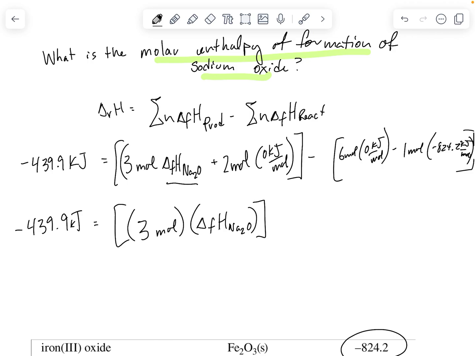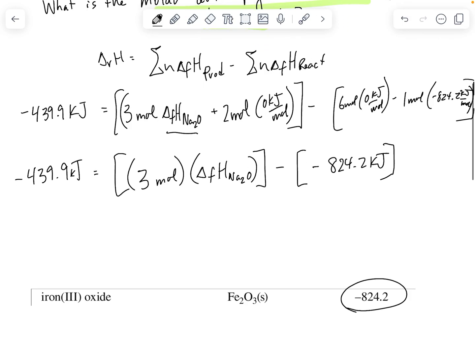So I'm just going to have 3 times the molar enthalpy minus 6 times 0, which is 0, minus 1 mole times 824.2 kilojoule per mole, which is minus 824.2 kilojoules. Now I'm going to simplify it. I'm going to have my negative 439.9, and I'm sure you can do this much more smoothly than me, 3 times the formation enthalpy that we're looking for, plus, because negative,